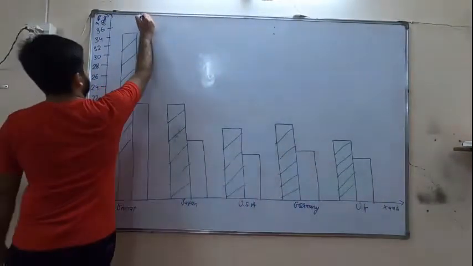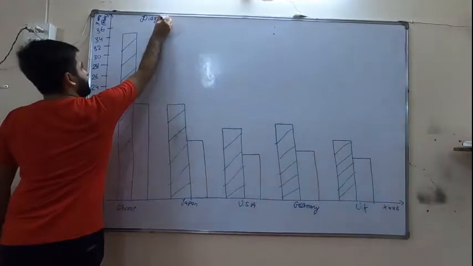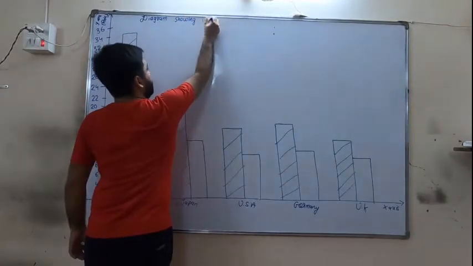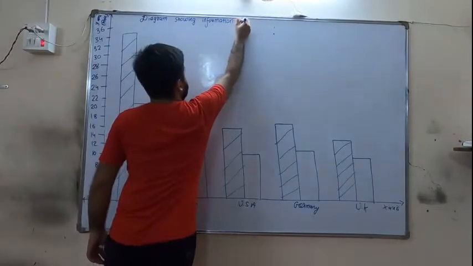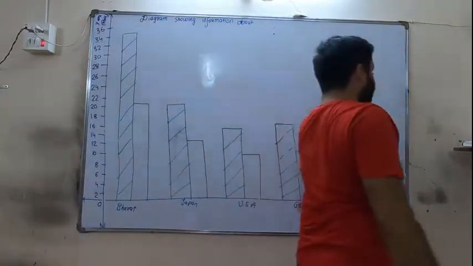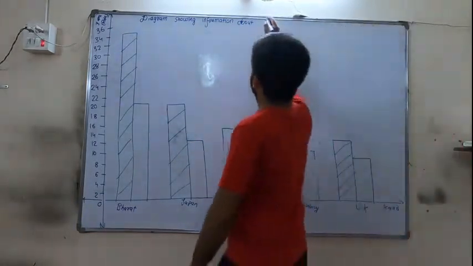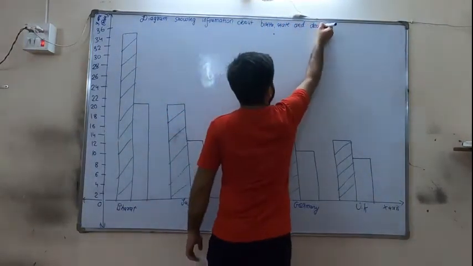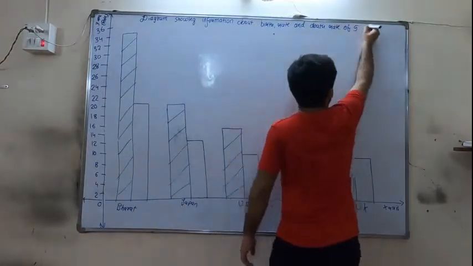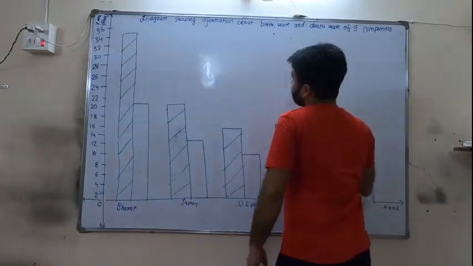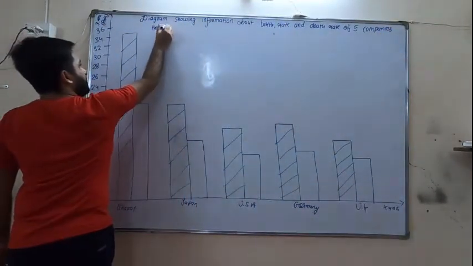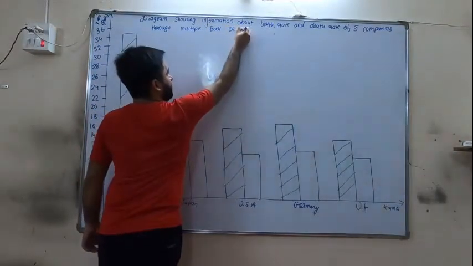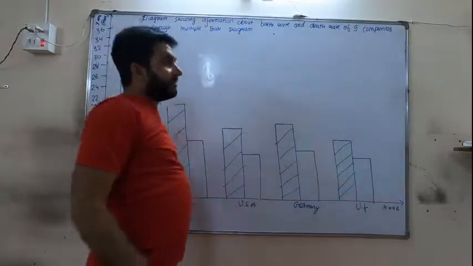Okay, now heading. Diagram showing information about what? Birth rate and death rate of 5 countries through multiple bar diagram. After that, scale